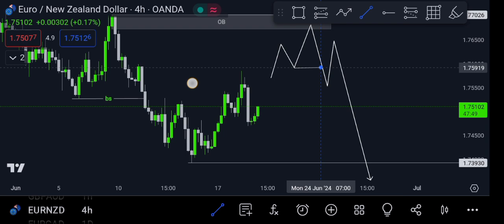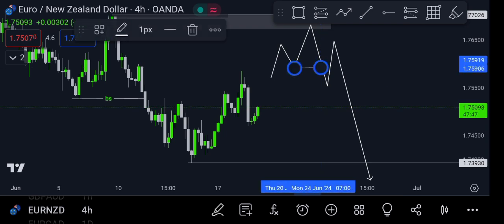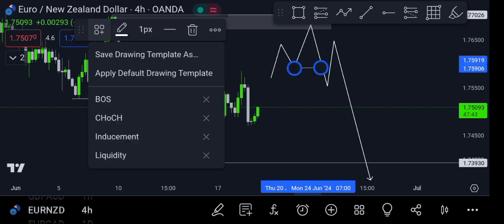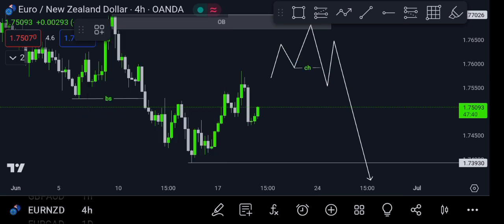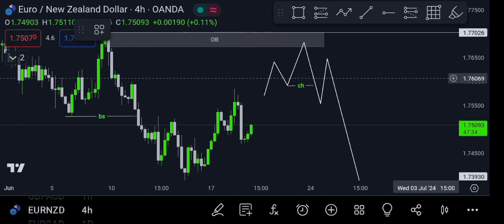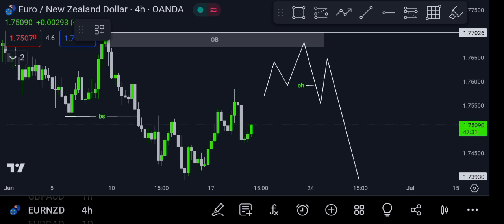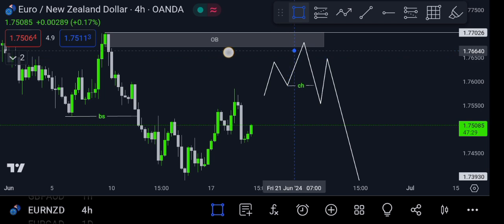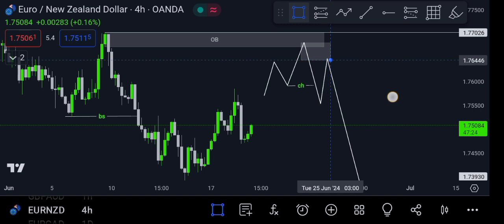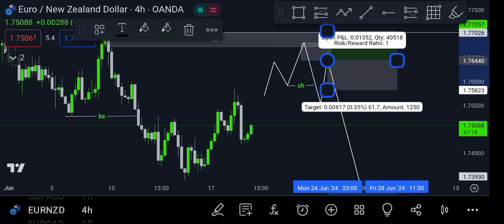So on the 15-minute, if we get a change of character here, price needs to retrace back to the 4-hour time frame, and then on the 15-minute, if price gives us a change of character and then gives us an order block, that's when we'll start putting our sell limits here,